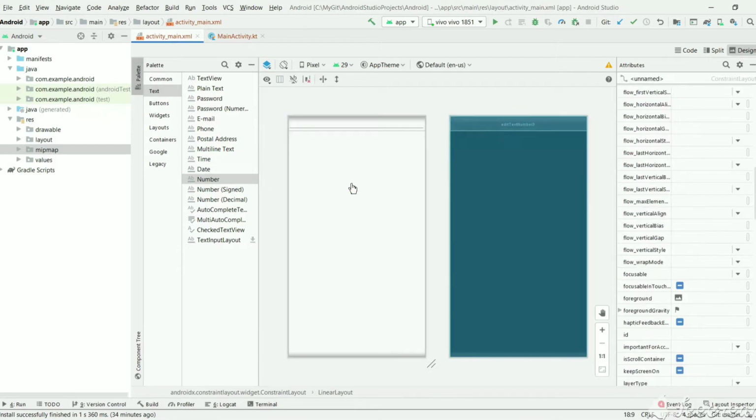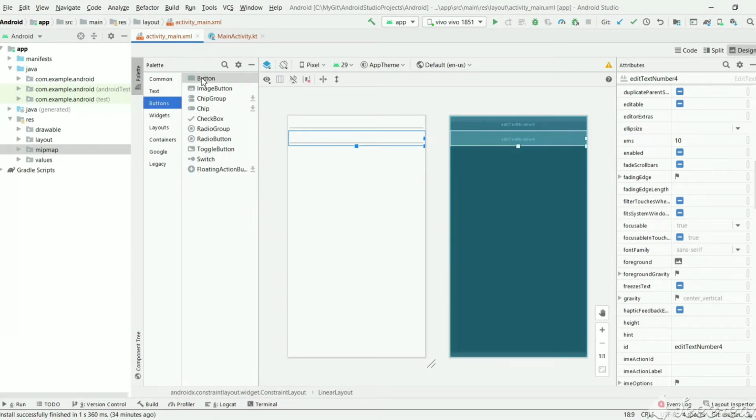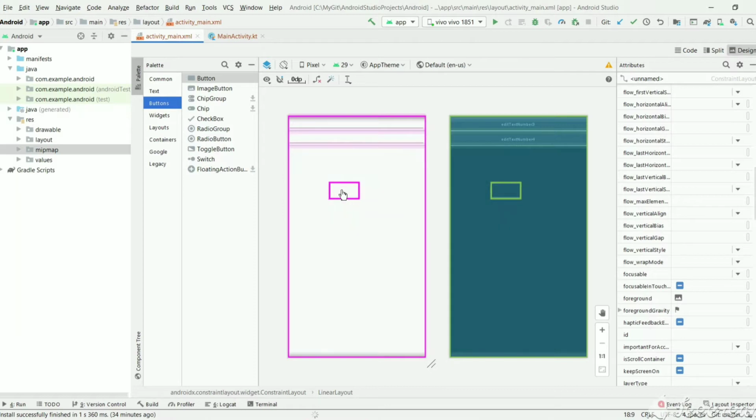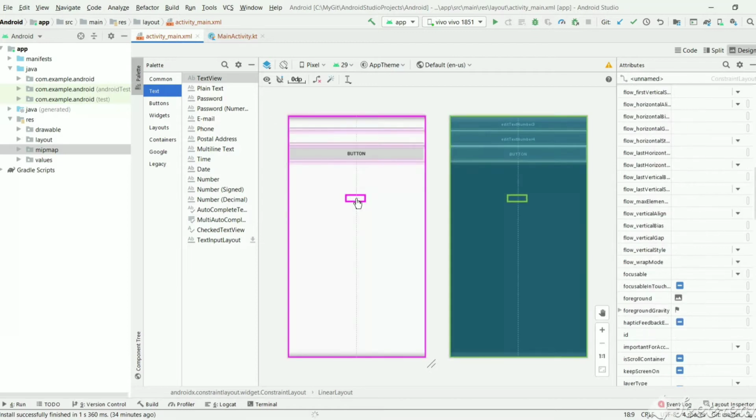Just drag and drop, and we need a button. On click of that, we need to change here, the button section. Just drag and drop the button. So, and we need to have one more text view to show the result. Let's go to the text section, take the text view,